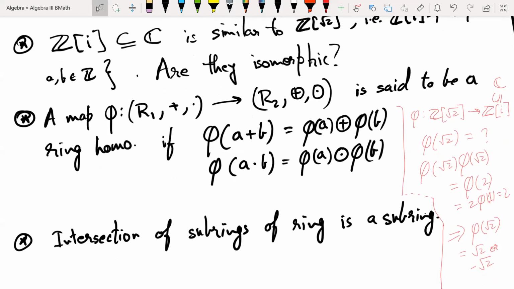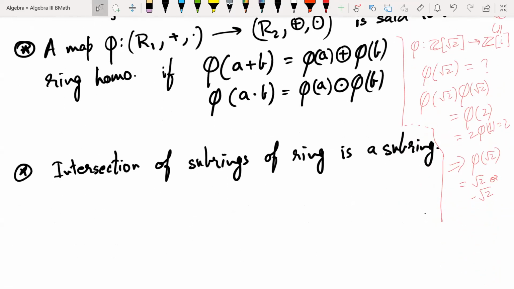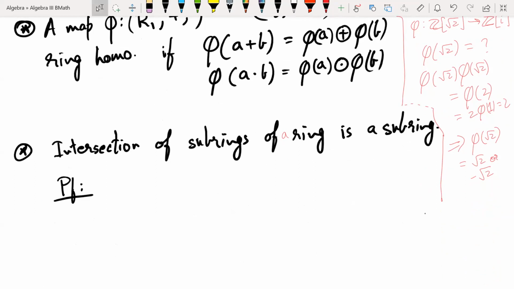Okay, so let's check this observation: the intersection of subrings of a ring is a subring. So maybe I'll do it with the black pen. Proof. Since this is the first course in ring theory, I should prove these statements as well. So let R be a ring,